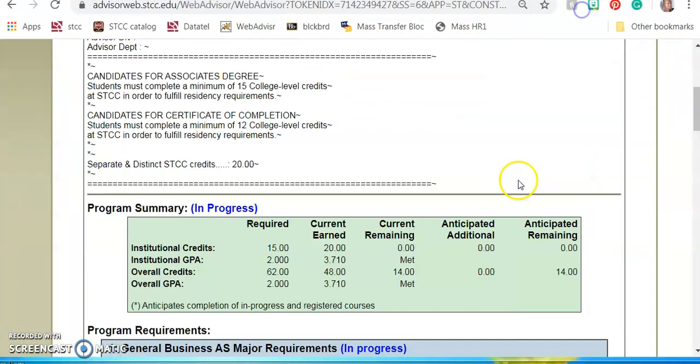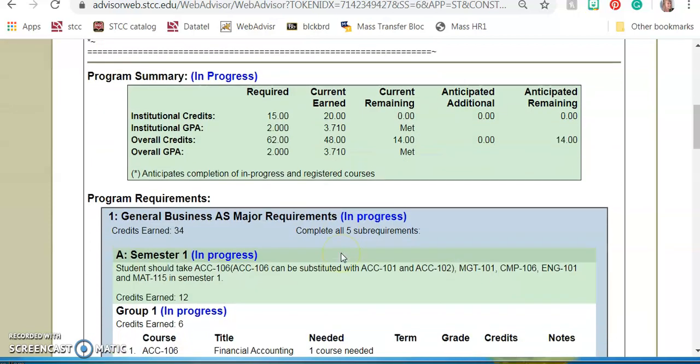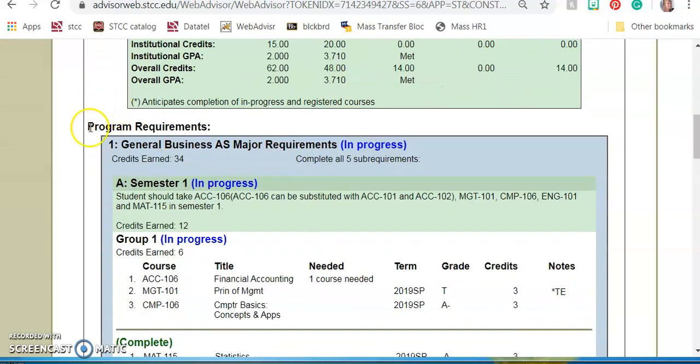Okay, so the next section that you're going to see is this program summary. This lists a little bit more information about your GPA and how many credits you have, how many credits you need. It's a lot of information right now, so we're going to come back to that. But if you keep scrolling down to where it says program requirements,